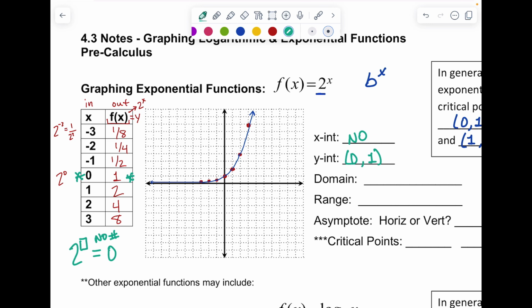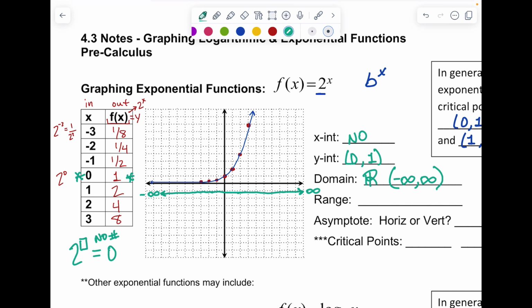Our domain, well, there's an arrow over here. I can chug along the x-axis. I don't have anything stopping me, nothing slowing me down. Presumably, I'm going to go on forever from negative infinity to positive infinity. And so we could write that as all real numbers, or in interval notation, we could say negative infinity to